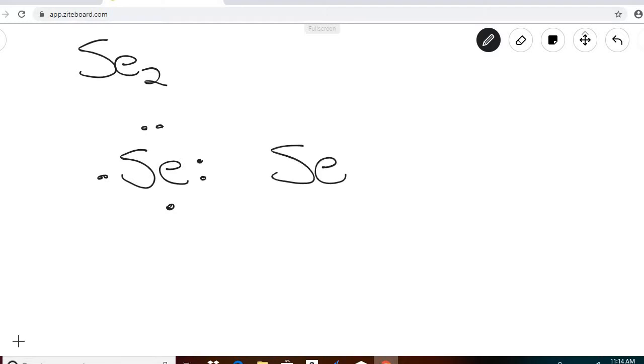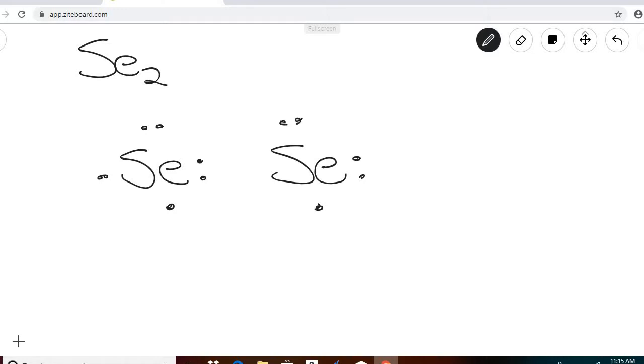The next one is Se2. So Se is selenium, and selenium is in column 6, so it has 6 valence electrons. And we have another one of those. Okay, so each of these has 2 electrons that are not paired. So we just need to match, we're going to need a double bond, so we'll put these 2 together,